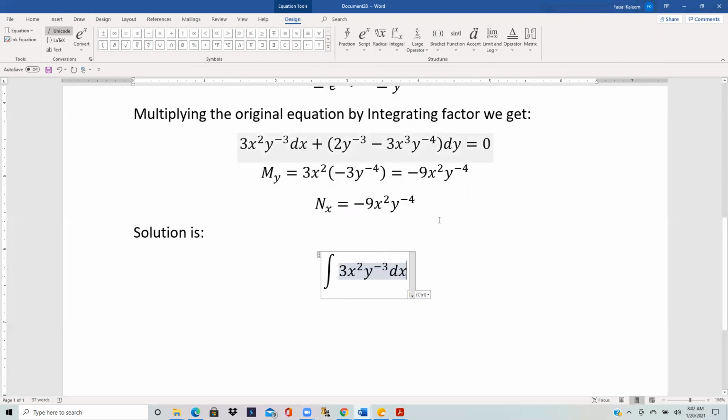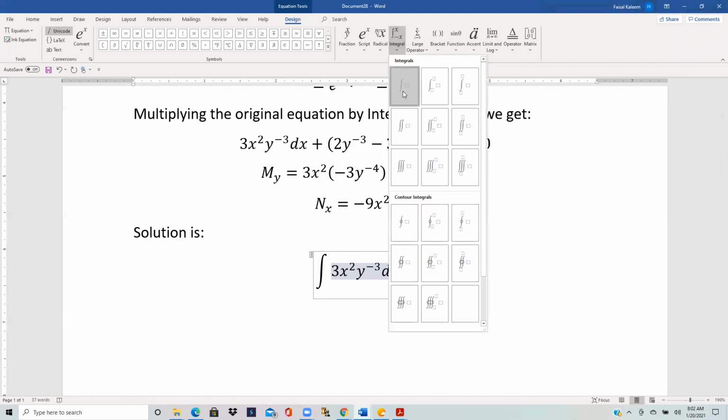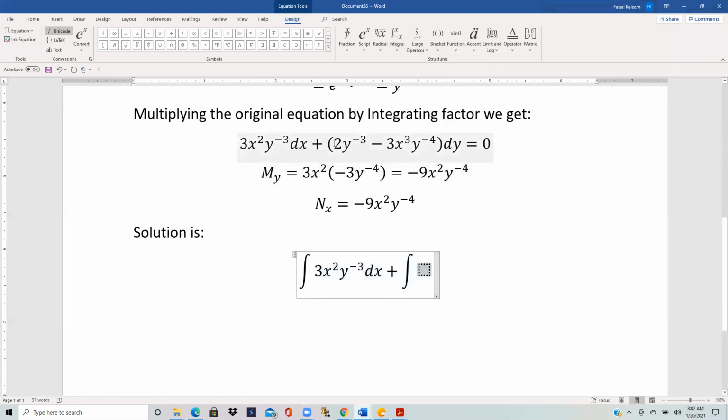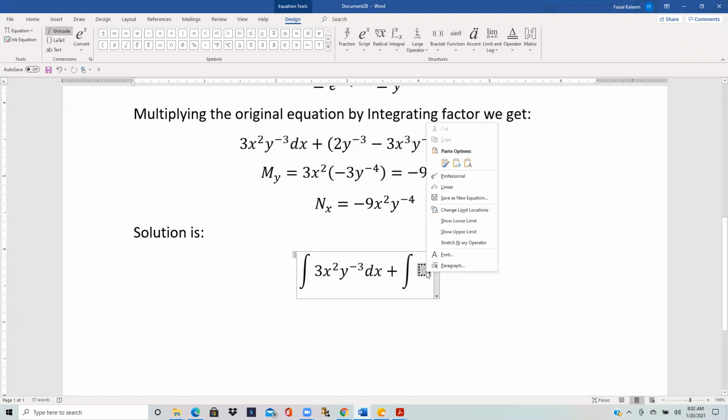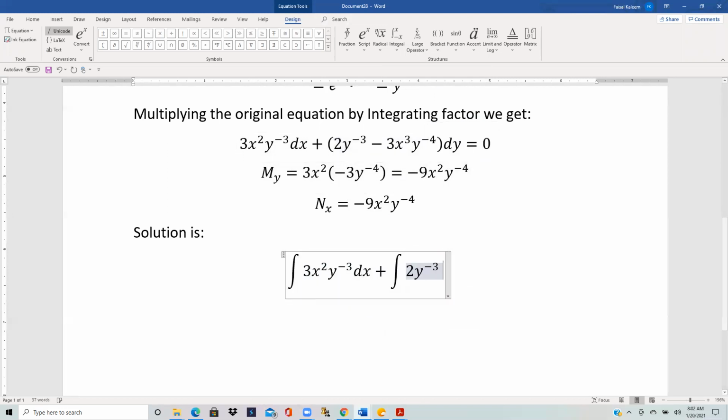And for the second one, you integrate the terms which are free of x. So this term is not free of x, so this will be omitted, and only this one will be picked. So integral of 2y to the -3 dy